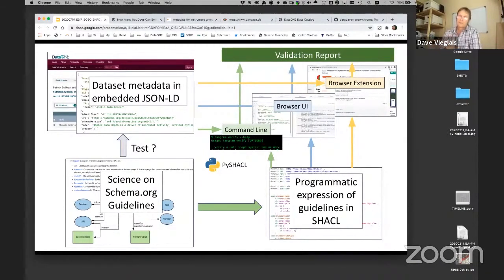So it's like an interactive editor that makes it much quicker to develop the rules and see what's working and what's not working. There's a browser UI implementation that's running on Amazon AWS, thanks to ESIP for funding that. And there's also a little browser extension which lets you look at the JSON-LD that's embedded in web pages and send that across to the AWS service for validation and so forth. And I'll show a quick example of that in a little bit.